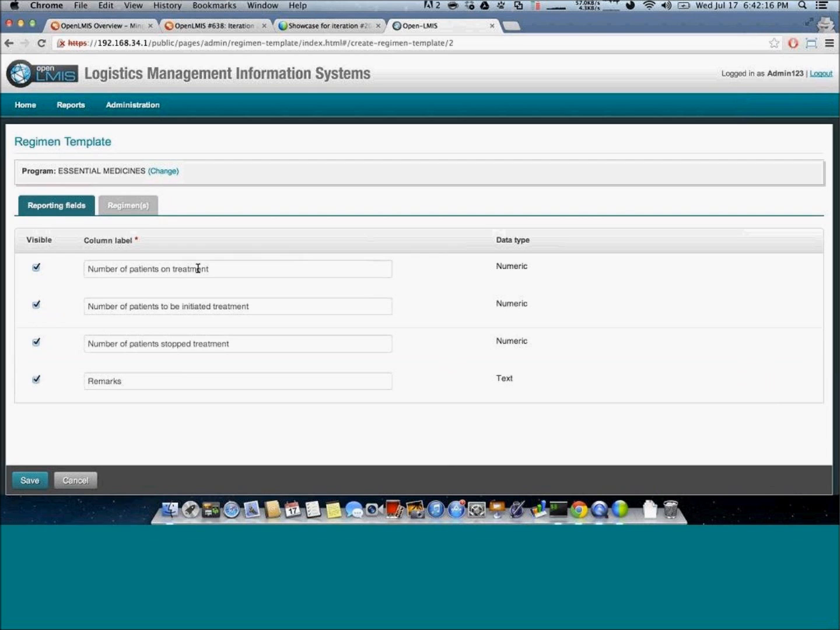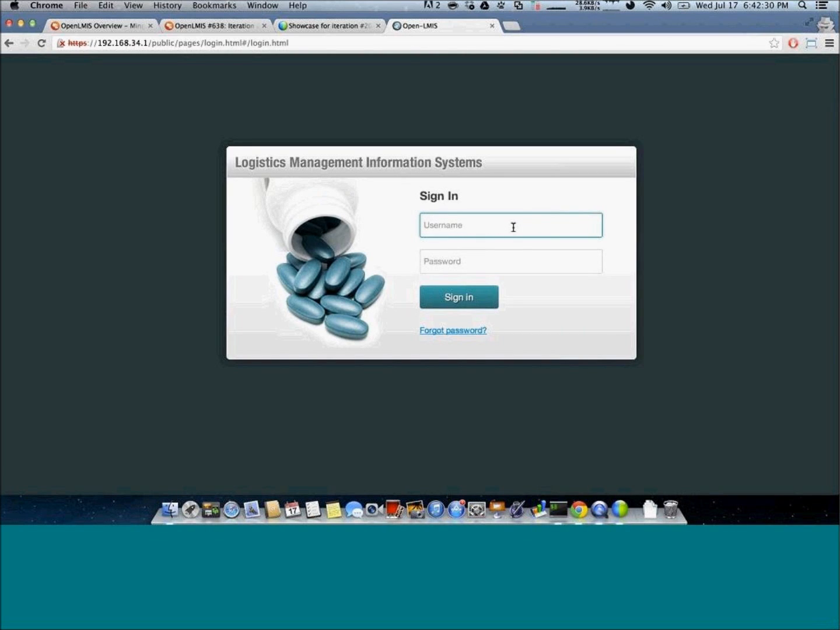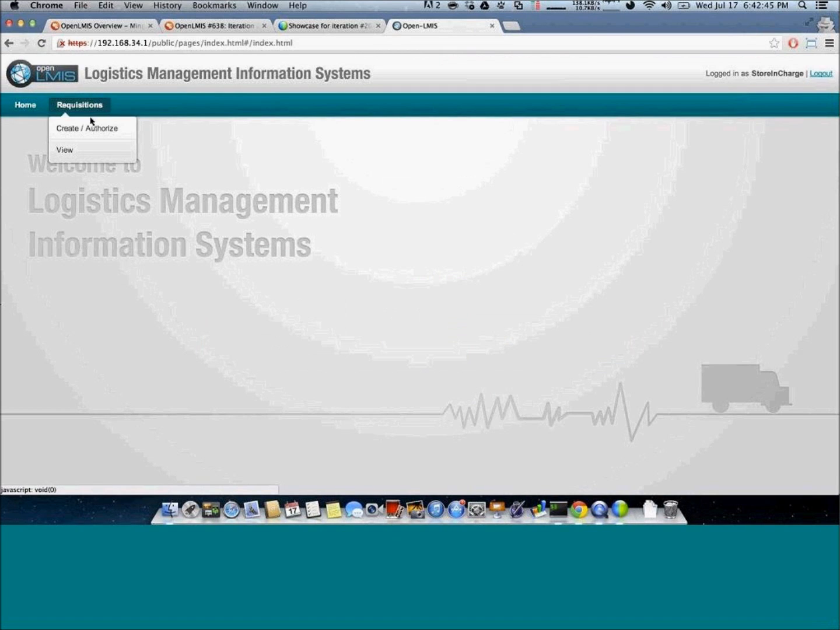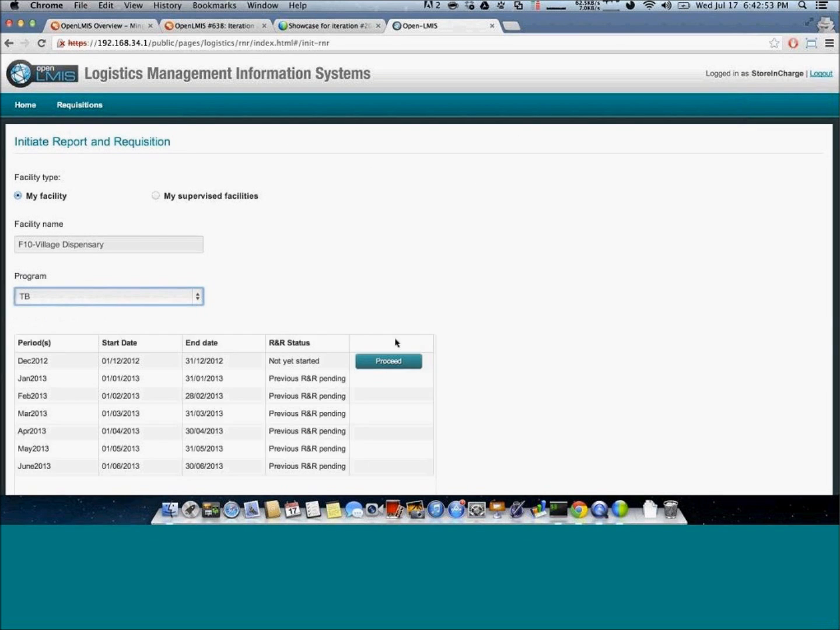And as you can see, the regimens for TB are not configured. Why this data is important is because when you are actually submitting a regimen or creating a regimen through the requisition, you will see the fields which are only valid. So we log in via coding tab. And inside requisitions, we go to create or authorize. When we choose TB,